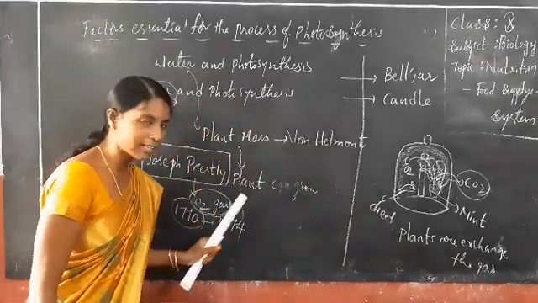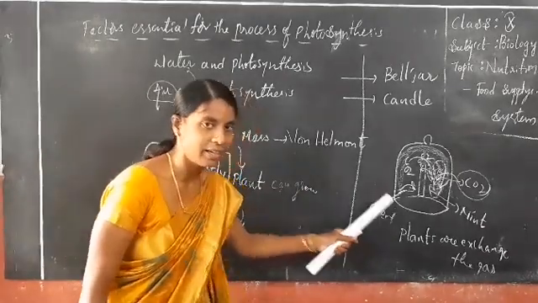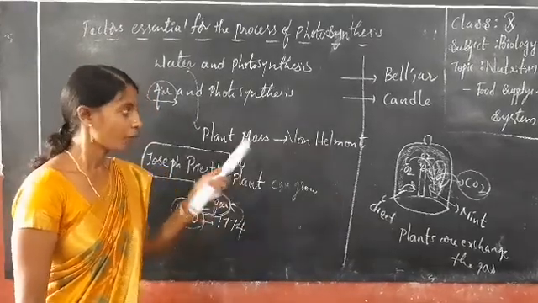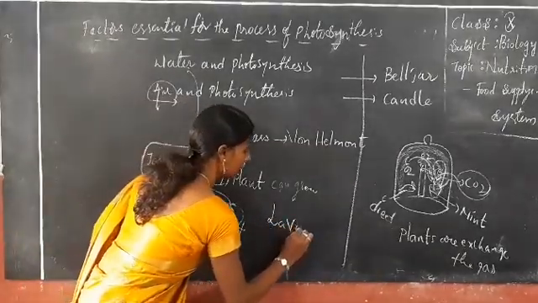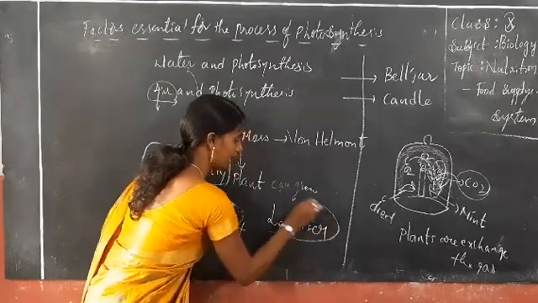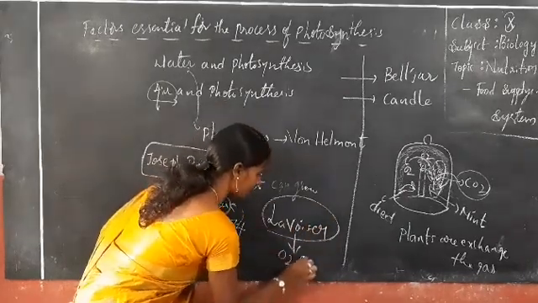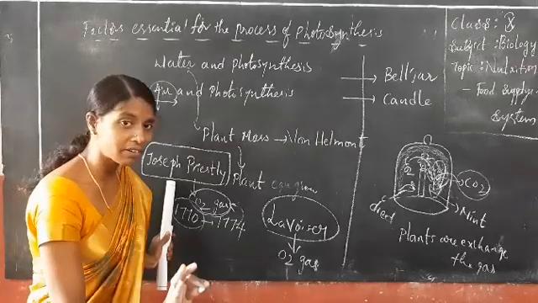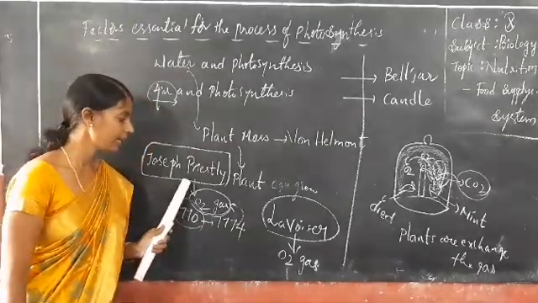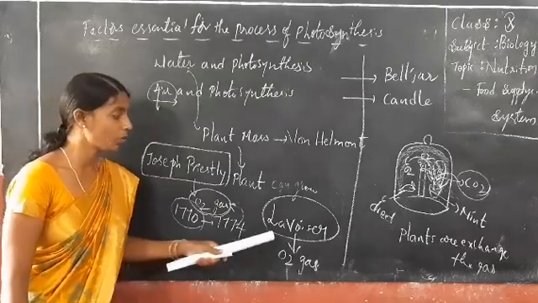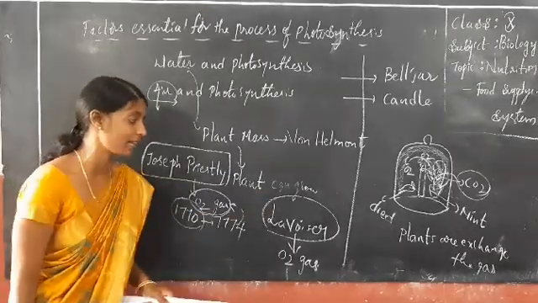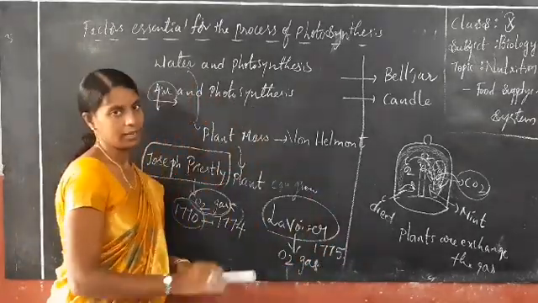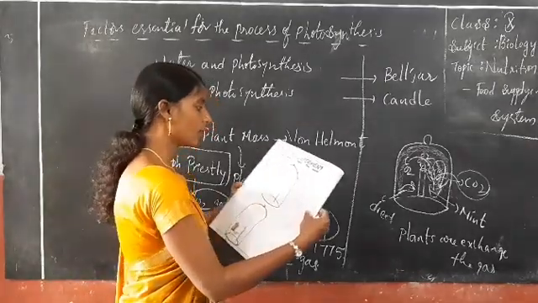But he could not give the name by doing this experiment. He did not know the name of oxygen, because he did not know which gas was released. Finally, one of the main scientists, Lavoisier, coined the name for oxygen gas, which was discovered by Joseph Priestley. Who discovered it first? Joseph Priestley, in 1770-74. Who coined the name for the oxygen gas released in the bell jar? Lavoisier, in 1775.